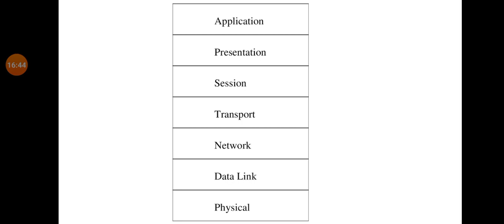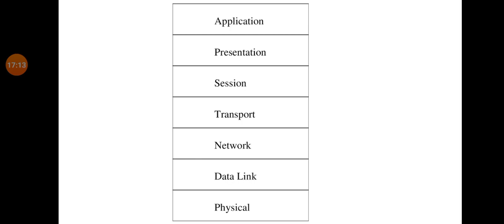One more example we can consider: the form and syntax of two communicating systems may be different. Host A is using ASCII code for file transfer and host B is using IBM's EBCDIC code for file transfer.